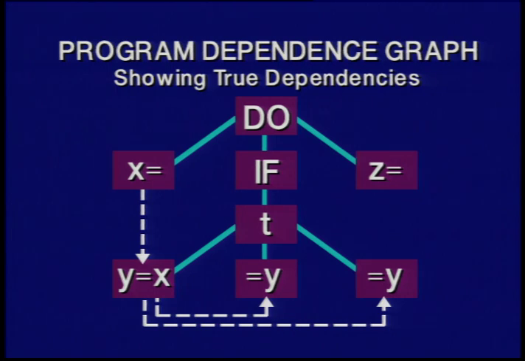And this then says that as far as this graph is concerned, I have a true dependence from the definition of x to the use of x, and from the definition of y to the two uses of y. And those are true dependencies that we are going to have to honor to get the correct program. I haven't shown on this graph the fact that they're on different iterations of the do. I have an output dependence between the reuse of storage for x and also the reuse of storage for z and the reuse of storage for y. Output dependencies and reuse of storage we may be able to do something about.